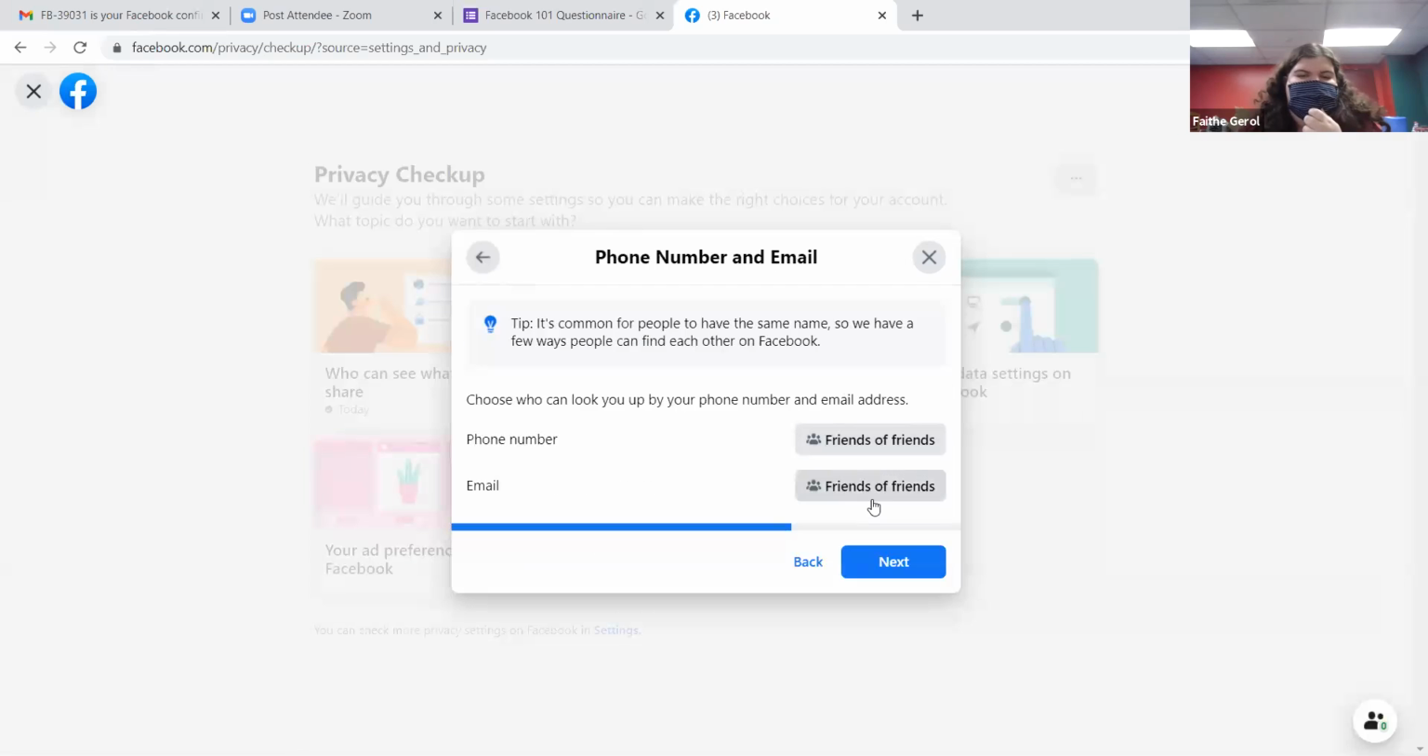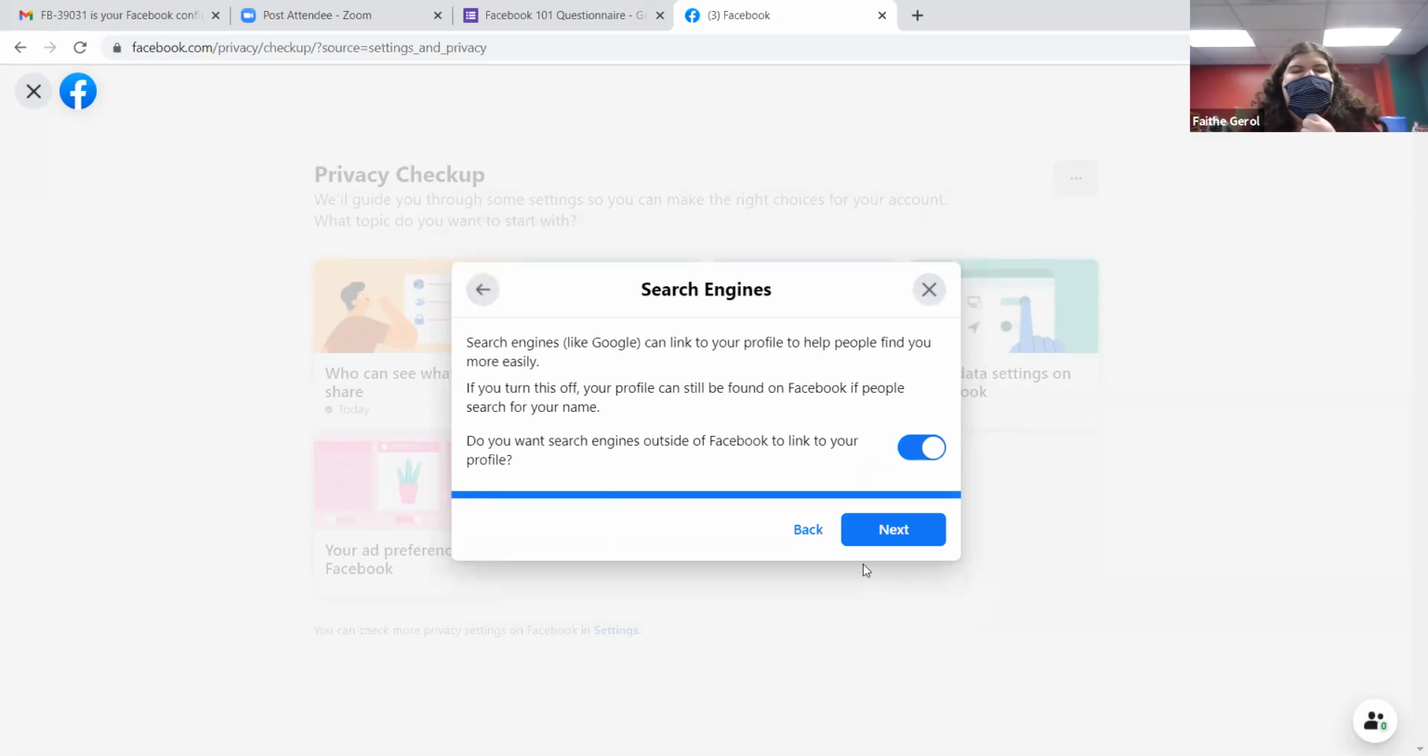But I mean, people don't really need to look you up by phone number or email. But again, it's up to you how you want to do it. And then